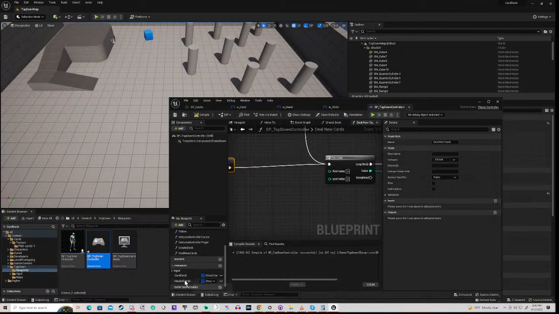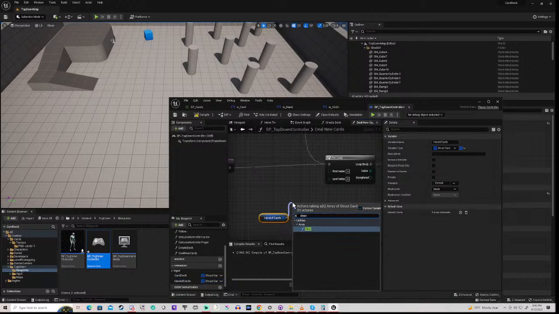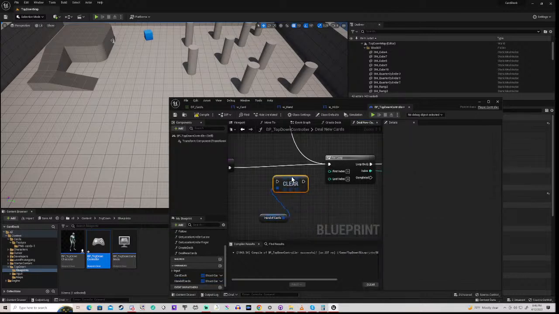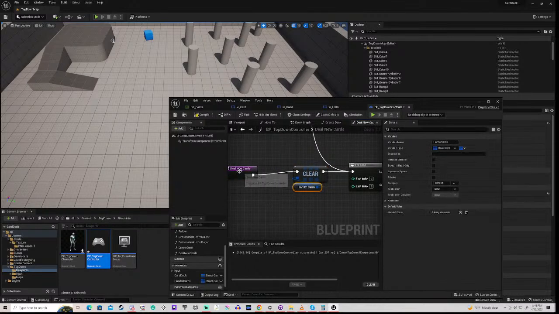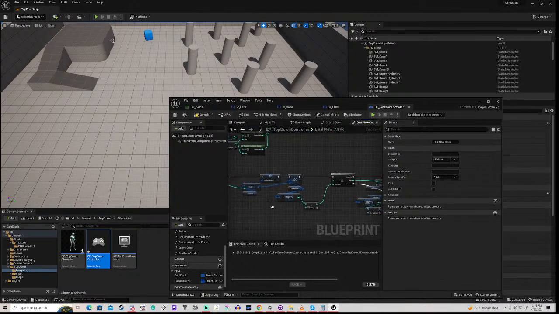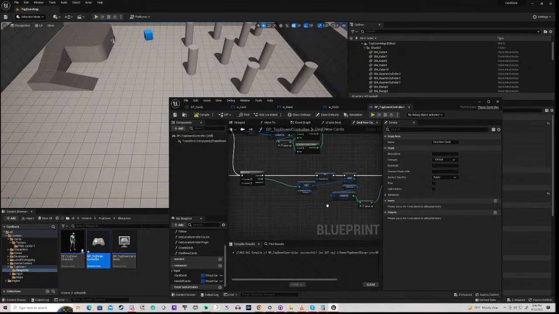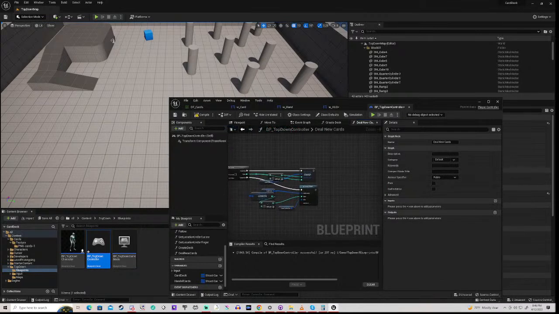Okay, so what we want to say is hand cards, get clear. Now, this is obviously a very particular usage, right? It's not just a matter of picking random cards all the time, it's actually making them into a deck of cards, right? So once we've done this, basically what we need to do